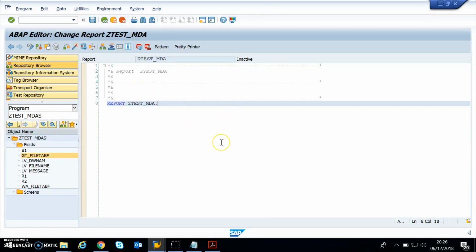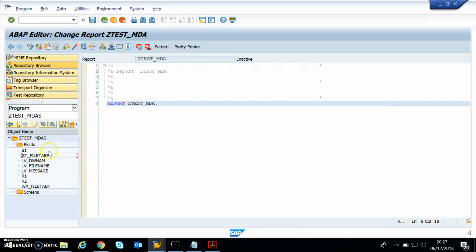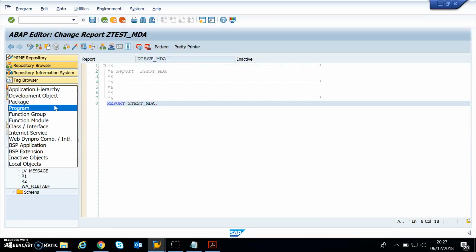Before that, let me explain a little bit about the terminologies which we use to define some objects. This is what we call the tool area, and if we right click on it, we'll have a couple of menus which we call the tool area context menu. This is what we call your navigation area, where you have all the objects which you are going to use for your program, and if you right click on it, you'll have another menu which we call the navigation area context menu. And then this is what we call an object list selector,